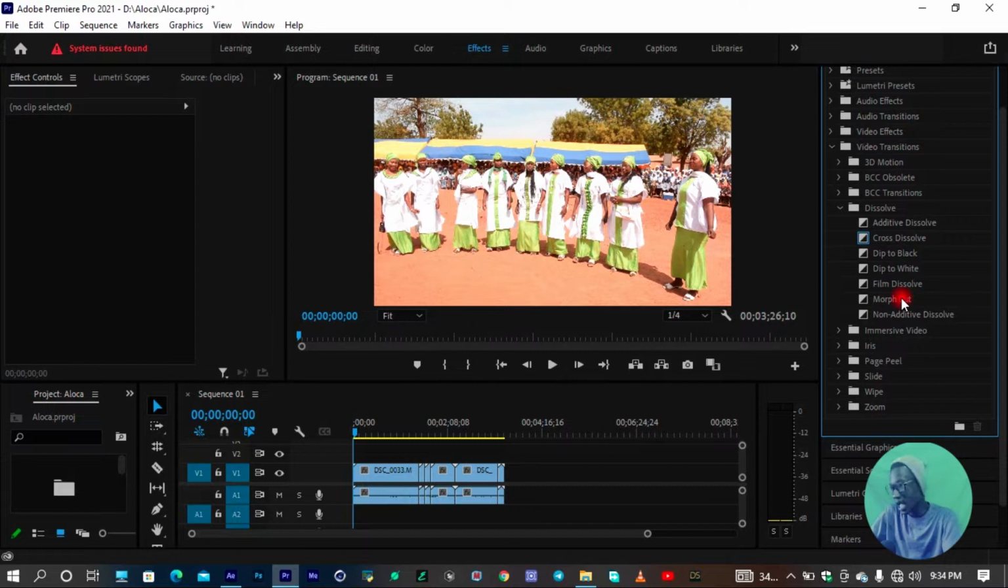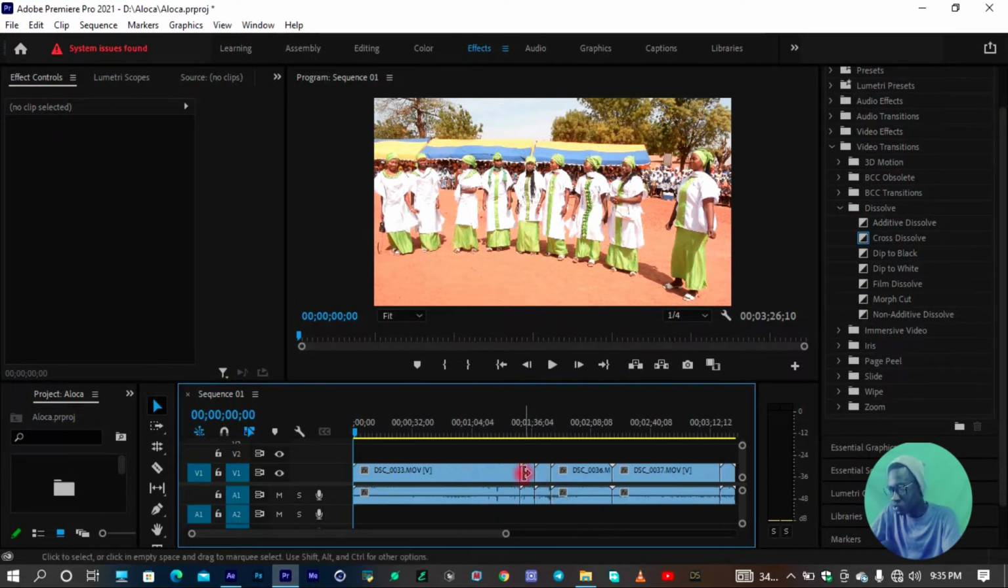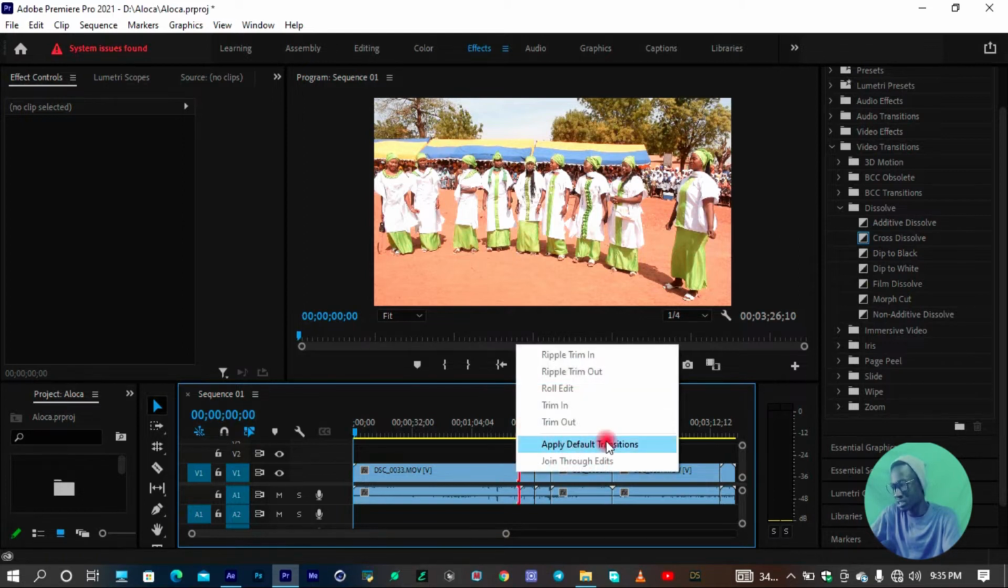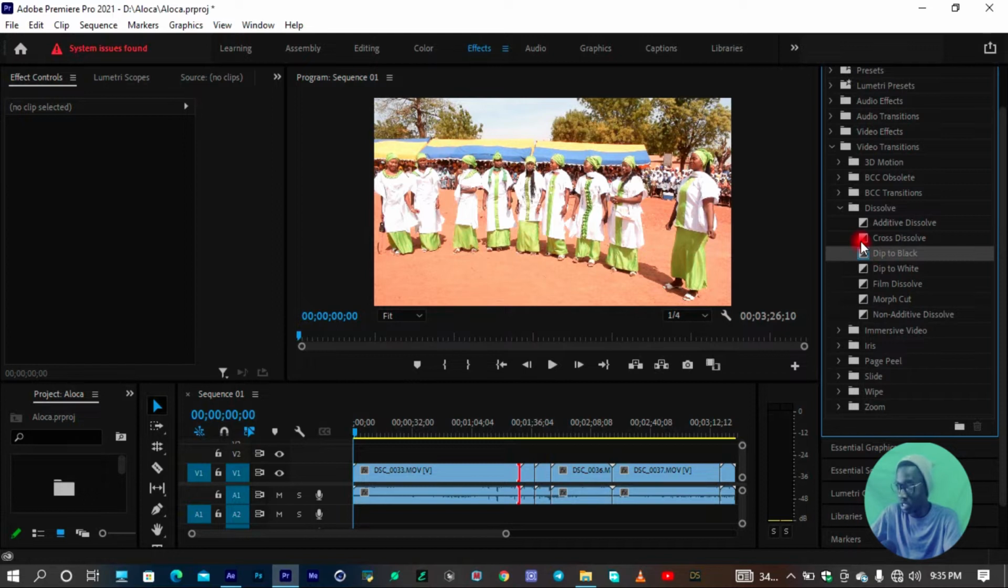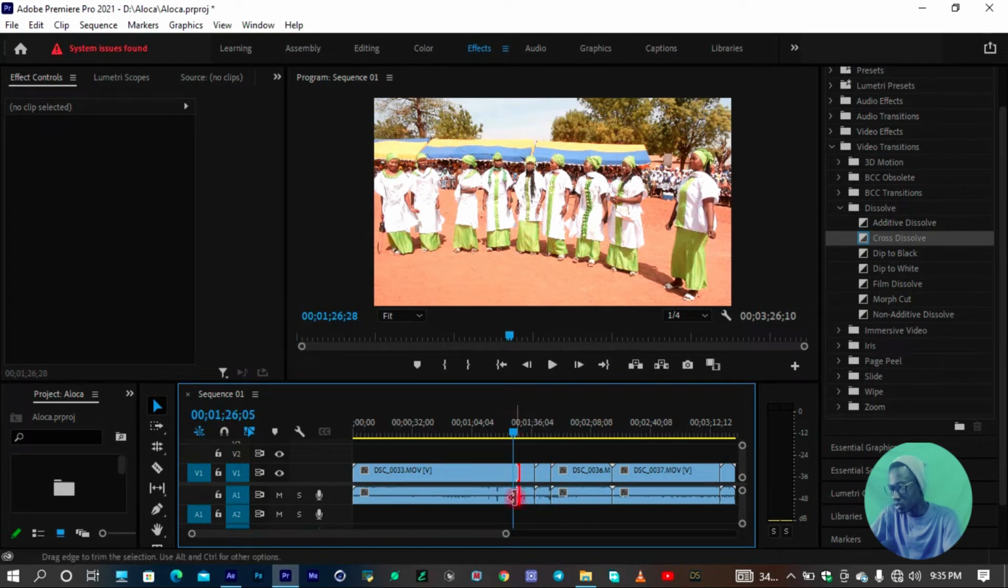But looking at the icon beside the cross dissolve, you can see that there's a blue box beside it that makes it the default transition. So when you right click in the middle of two videos inside a sequence, it gives you the option to add a default transition, which then adds the cross dissolve here. Now we can change it by right clicking and selecting set selected as default transition, which then brings the blue box down to that one. But let's leave it on cross dissolve, and then let's add the default transition. You'd see that